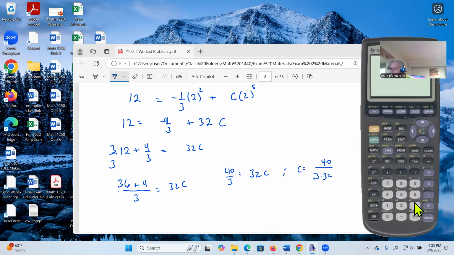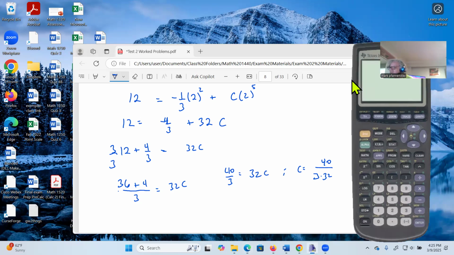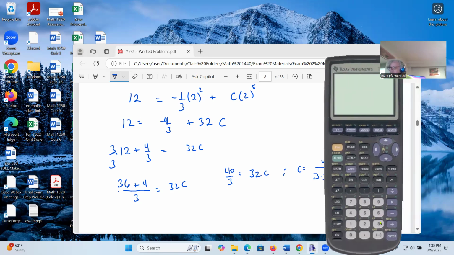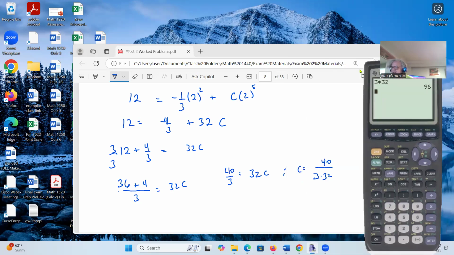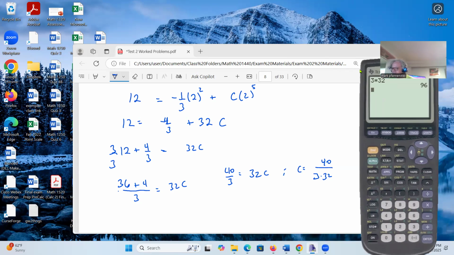So we've got 3 times 32 here. Let's see here. We've got 3. Good Lord. There we go. 3 times 32. It would have been faster for me to do it in my head at this point. 96. So C is equal to